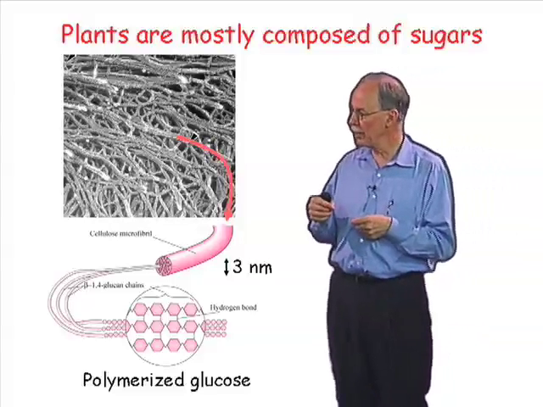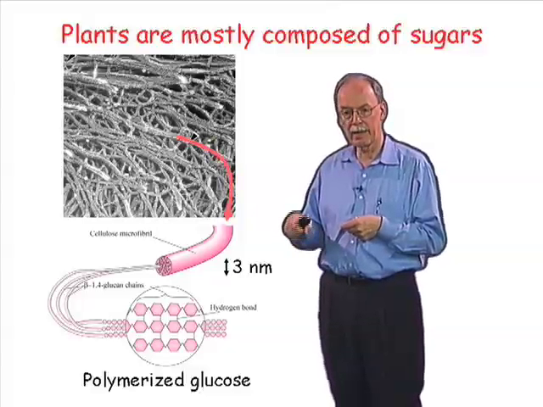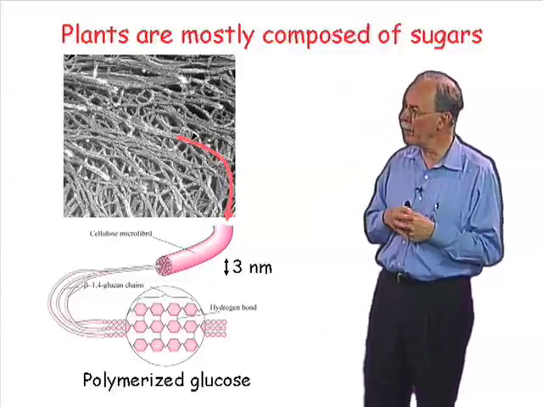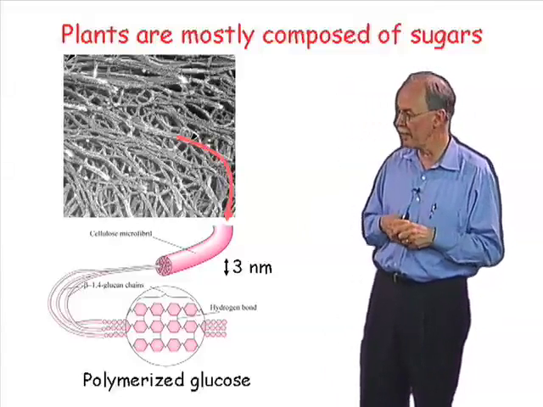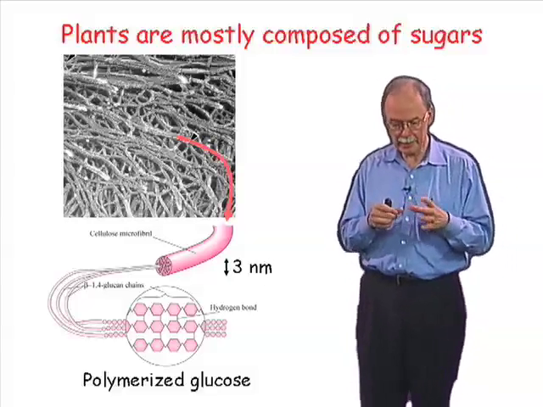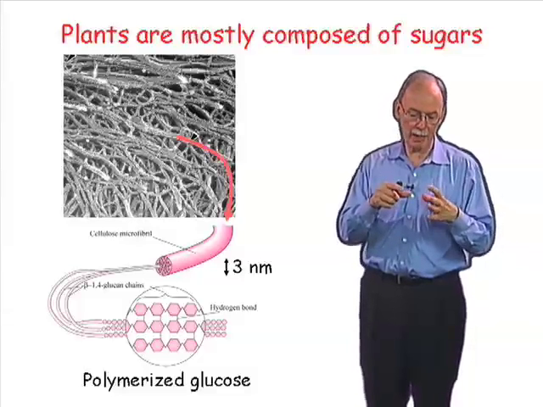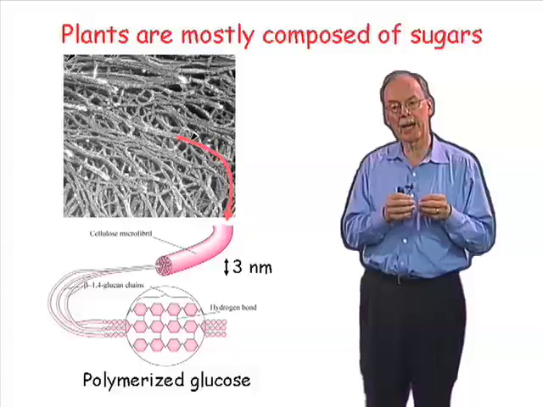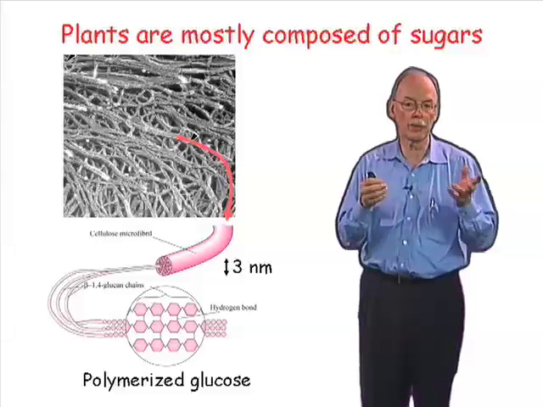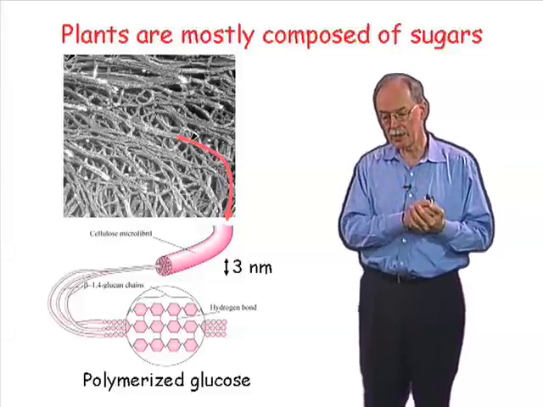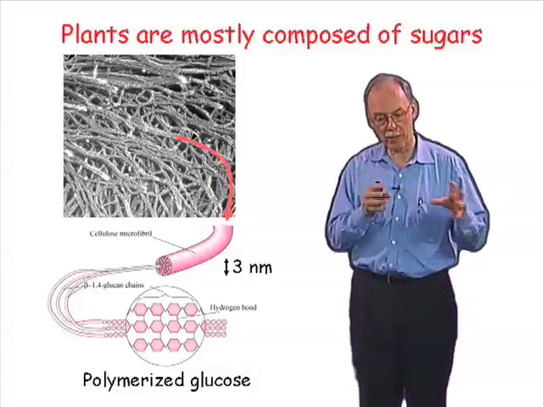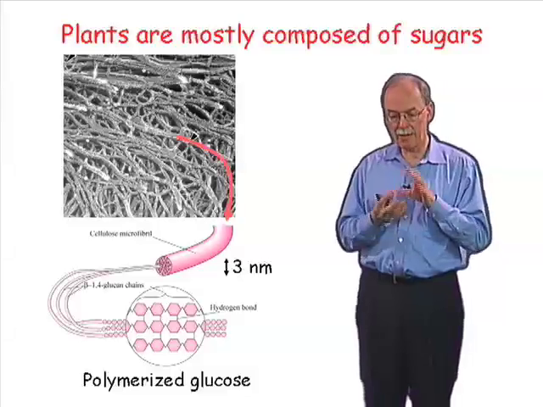I'll just tell you in advance that those fibers we can see are mostly cellulose, because although there are other polymers in the wall, they're a bit small to see. So cellulose is a composite material. The fibers, the 3 to 5 nanometer in diameter fibers, are made by hydrogen bonding approximately 36 chains of beta-1,4 linked glucose. Just to remind you, starch is alpha-1,4 linked glucose. Cellulose is beta-1,4 linked glucose. And so although they have the same sugar,